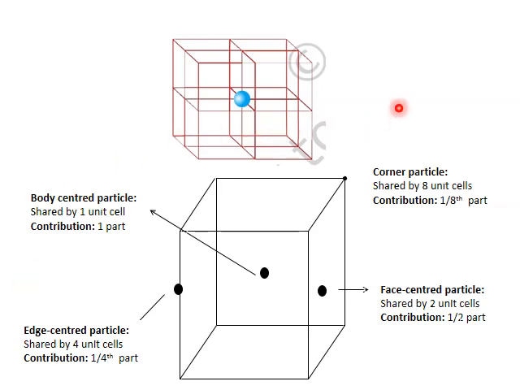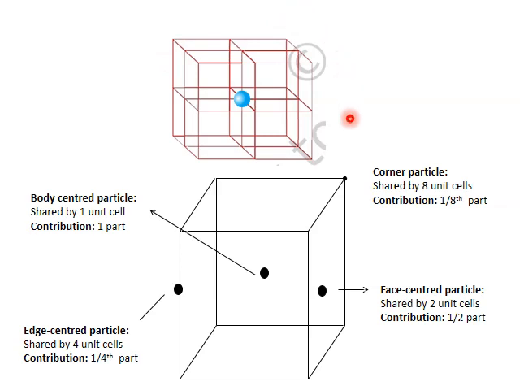Now, crystal lattice we have discussed, that is, it is a three-dimensional arrangement of particles, that is atoms, ions or molecules. Whenever you talk about space lattice or crystal lattice, it is made up of a number of unit cells. They repeat again and again in all three dimensions, that is along the x-axis, y-axis and z-axis. So the number of unit cells will come and we can find the number of lattice points also. But when you want to know how many particles are exactly present in a single unit cell, we have to first understand how much is the contribution of a particle present at different locations.